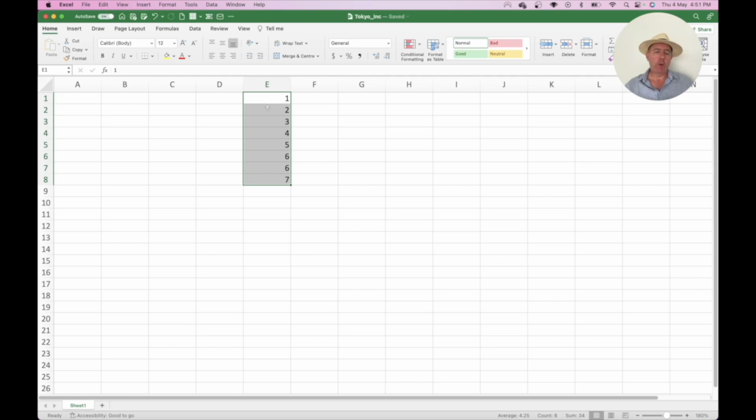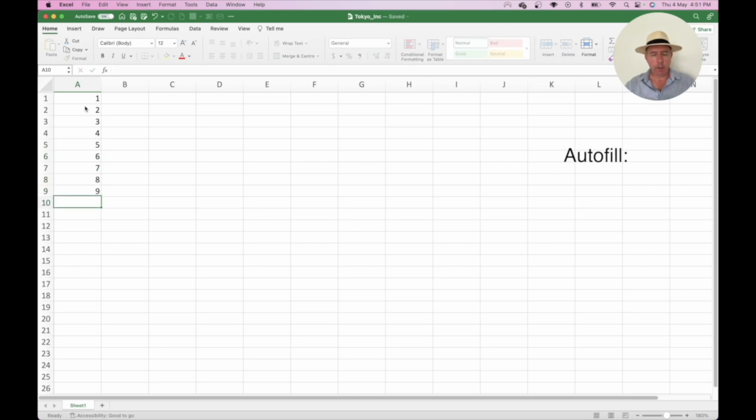Finally, I want to show you autofill. Autofill is a way of copying patterns of data in a very, very efficient way. So for example, let's say we want to produce a column of numbers that go from 1 to 10. Now you can type them in, 1, 2, 3, 4, 5, 6, 7, 8, 9, 10 and so on. And that's okay, it's easy enough. But if you've got a column of numbers that is 1,000, then it can be a bit of a pain and very laborious. So what you would tend to do is, if we just delete this column for a second,